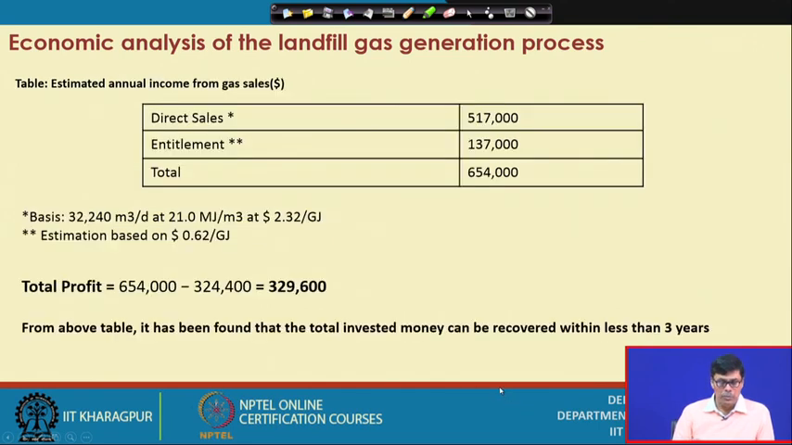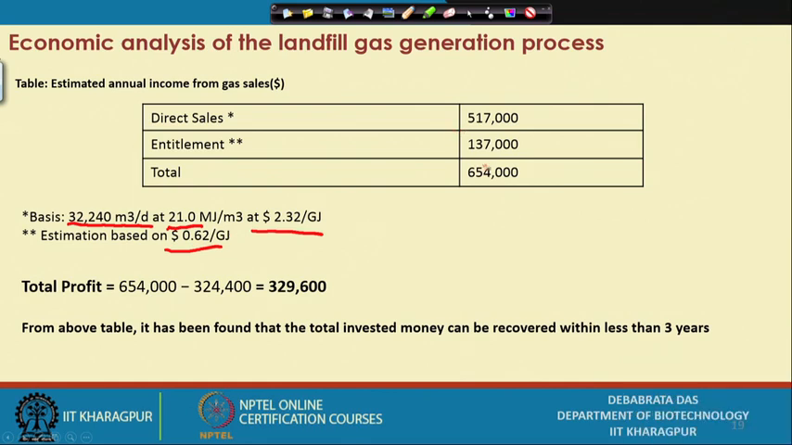Now when we mix together, we have direct sale, selling the gas. How much gas do we produce? This is on the basis of 32,240 cubic meter per day, and the calorific value is 21 megajoule per cubic meter, and price is $2.32 US per gigajoule, and estimated cost is based on $0.62 per gigajoule. If we calculate, this is the direct sale we will get, and there is another cost,